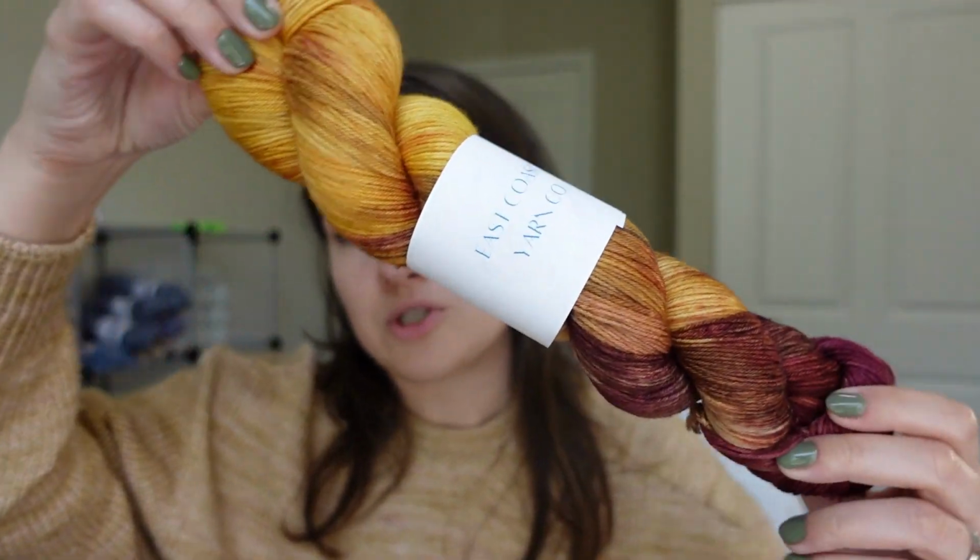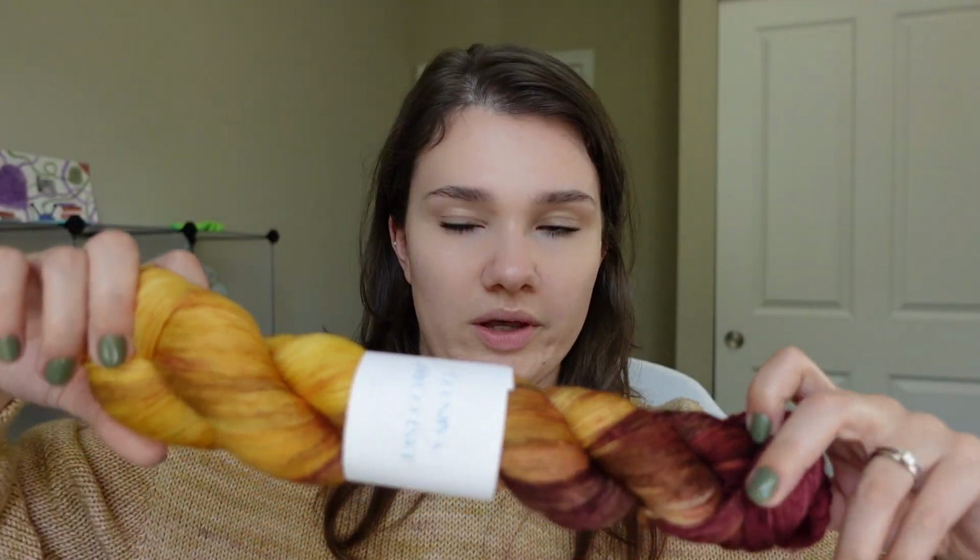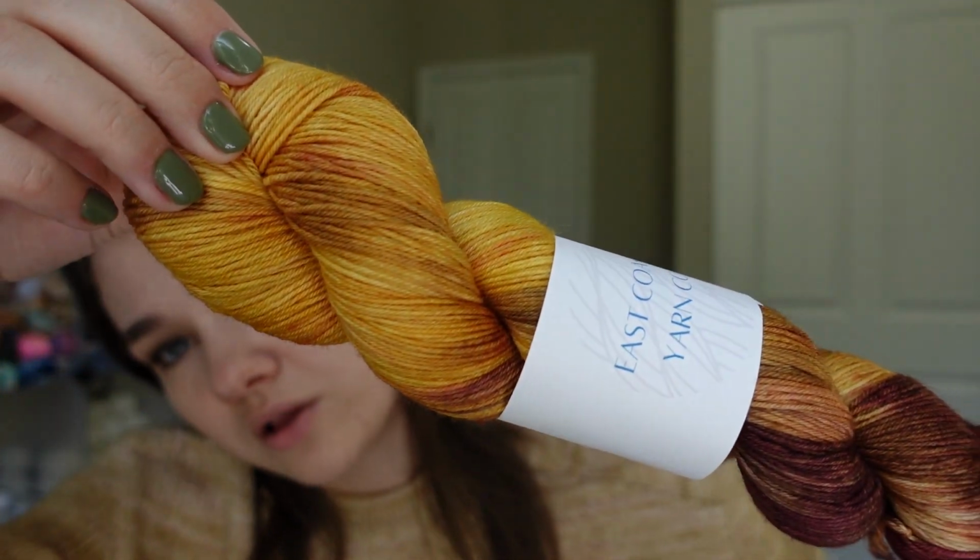And I realized I got it wrong. I have August on my notes. This is not for August, this is for September. So let me just show you like this. She did not disappoint. I knew this color